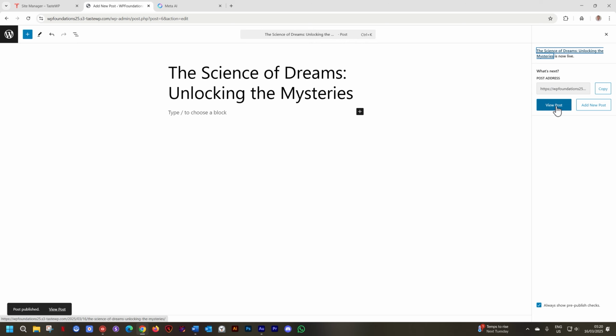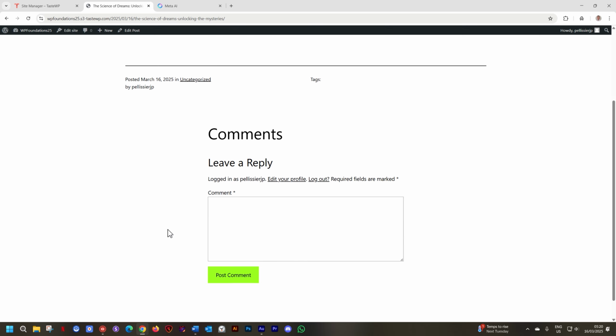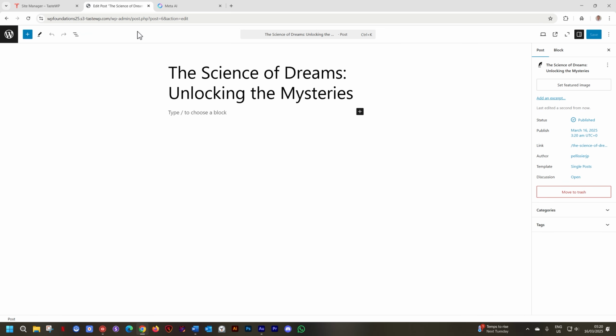And now that you have published it, it gives you the option to view the post. So let's click here on View Post so you can see how the post will look on the front end. And we are not at all impressed because it's just the title. There's no content, but you can see we still have this frame layout. To go back to the post that we've just created, go to the toolbar at the top, and you will see there's the option now to select Edit Post, select, and we are back in the editor.